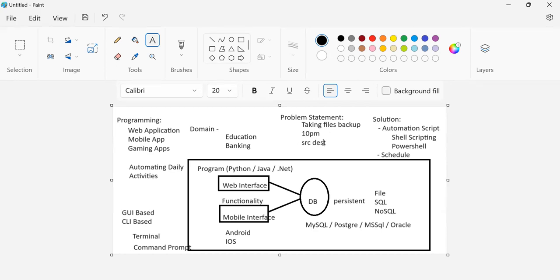So once you know the problem statement, you check whether they are doing it GUI based or CLI. If they are already doing it through CLI, half of the work is done for us. Then you can ask the development team, boss, give me all the commands which you are executing, and take those commands and write them in one script. Or if they are doing it GUI based,